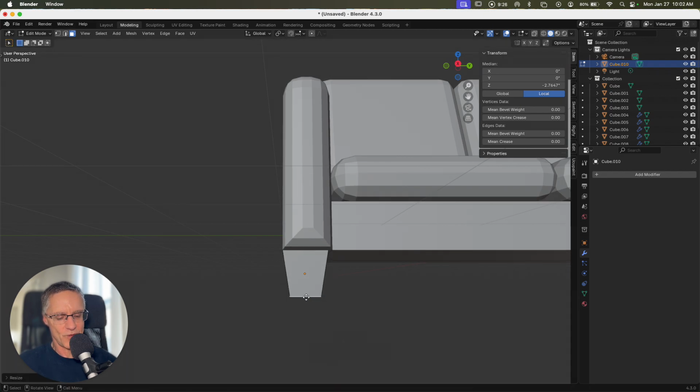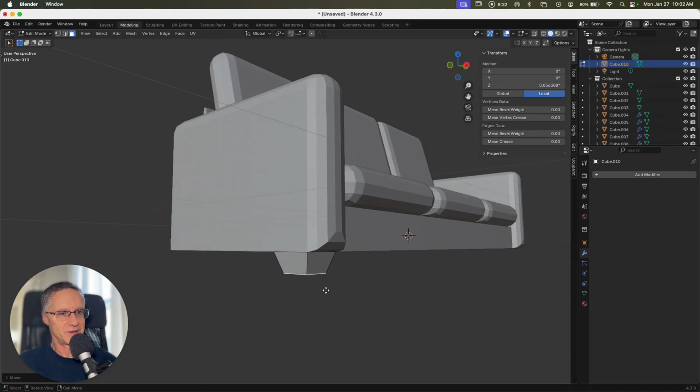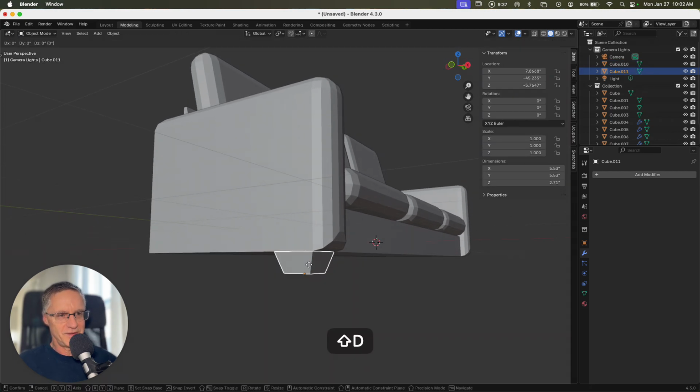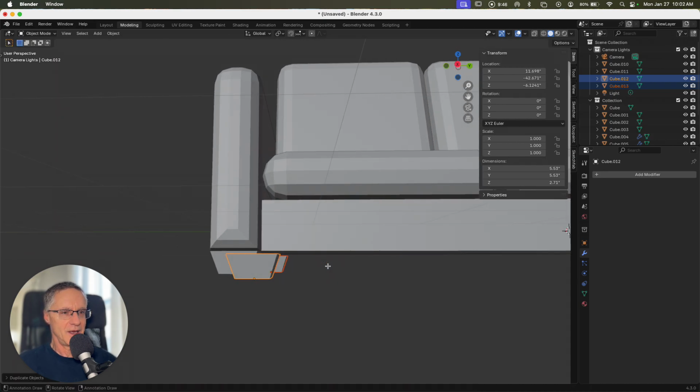And then I'm going to grab it and move it up this way, Z. I like that. That looks good. Tab back into object mode. We're going to Shift D to duplicate this and use my magical snapping add-on to move it there. We'll select both of these, Shift D, and we're going to